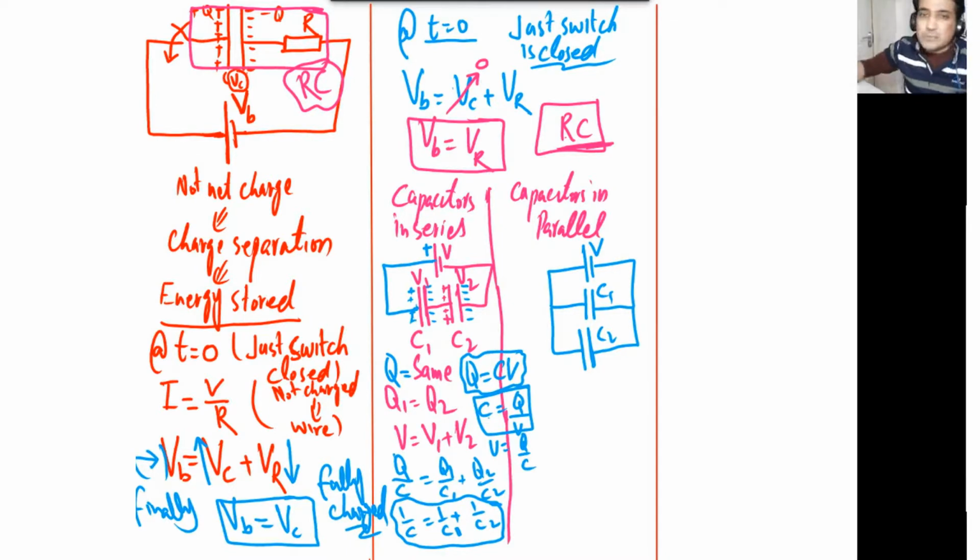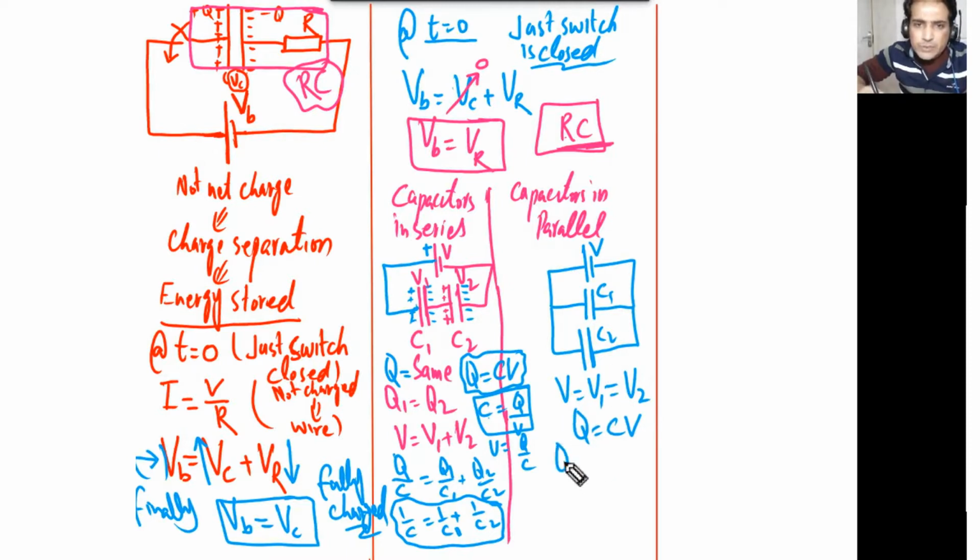So what it means is that if we look at this one, simply this one is telling us that the V in this case has to be the same. So see, voltage across this one has to be the same as this. So V is equal to V1, and this also has to be equal to V2. So we can rearrange the formula. Q is equal to CV, and we will get actually in that case,